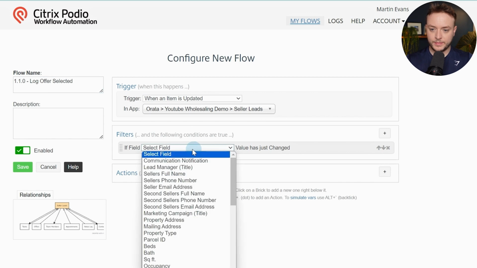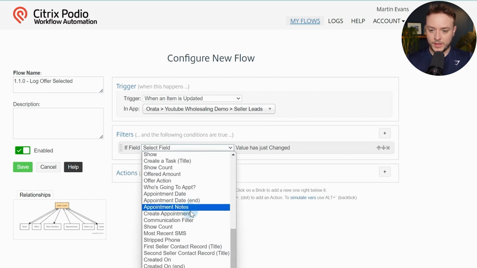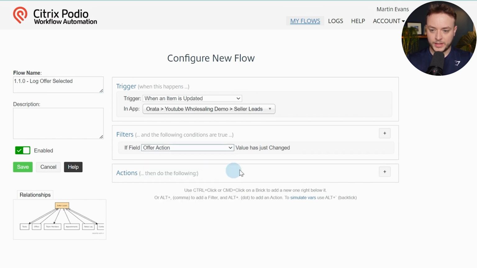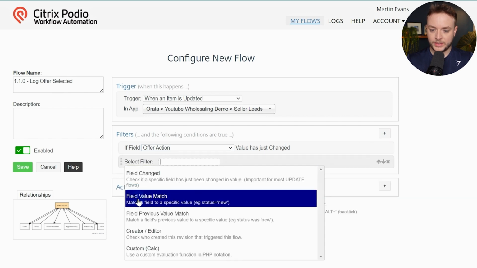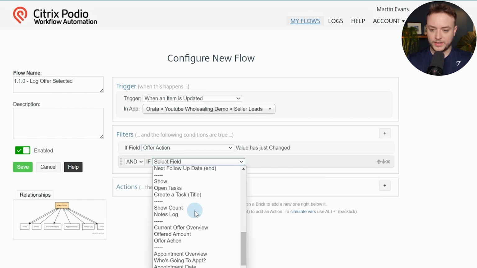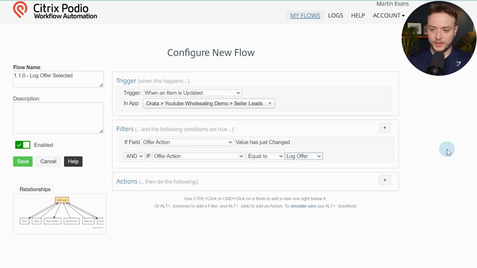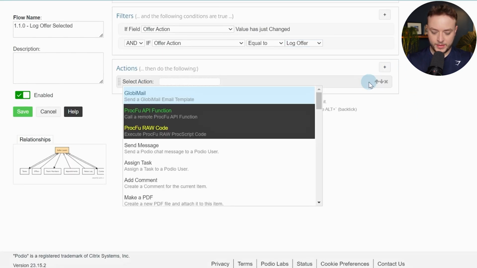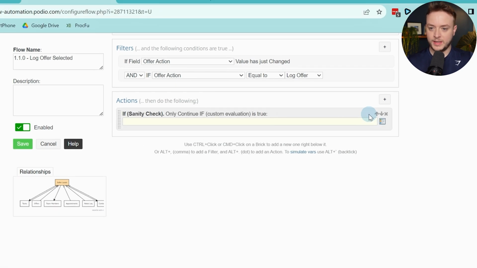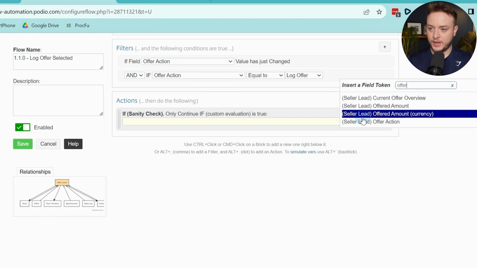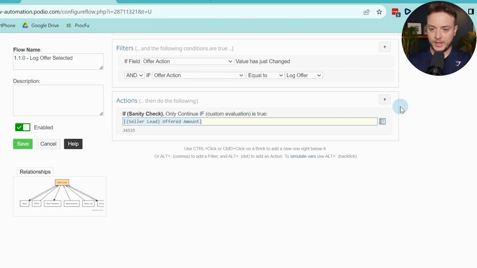Okay. Then we're going to find our offer action. If offer action has changed and offer action is equal to log offer, what we're going to do is first check, have they put in an offer amount? So if offered amount is equal to